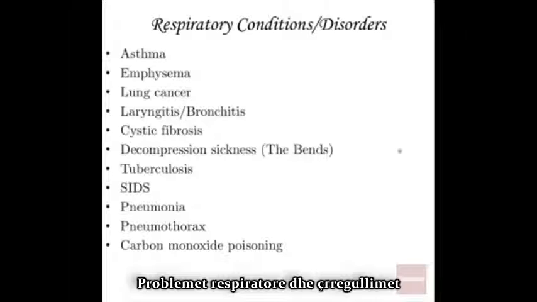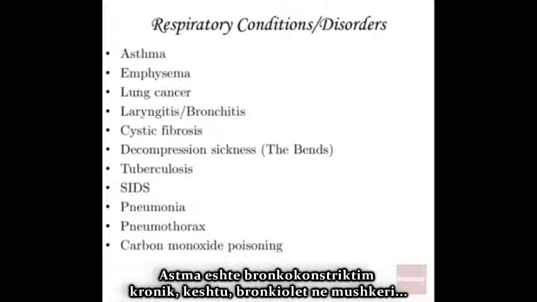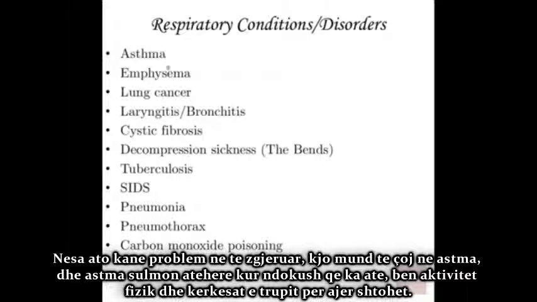And finally, some respiratory conditions and disorders. Asthma is chronic bronchoconstriction. So the bronchioles in the lungs, if you have problems expanding them, that can lead to asthma. And the thing is, asthma attacks happen when somebody who has that slightly more constricted bronchial set does physical exertion. Let's say they're playing in a soccer game or playing a softball game, what have you, and the need to get more air into their body because their heart's beating faster and they're doing more with their muscles, that's when the asthma attack can happen.